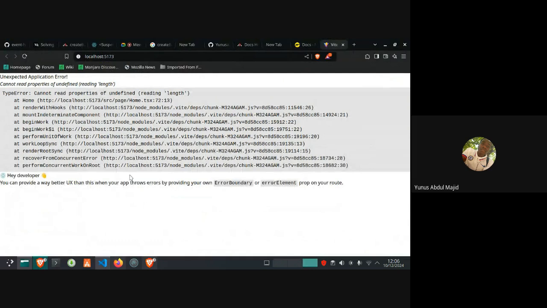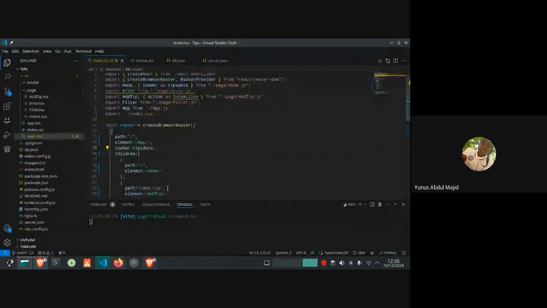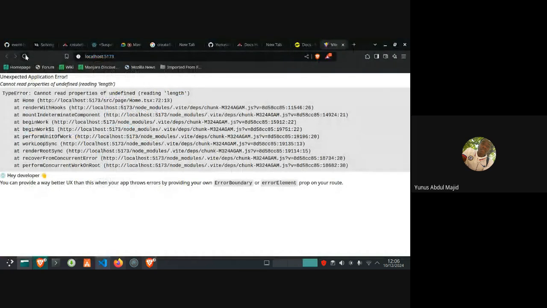Reading length. Okay, let's debug. Cannot read property of undefined reading length.